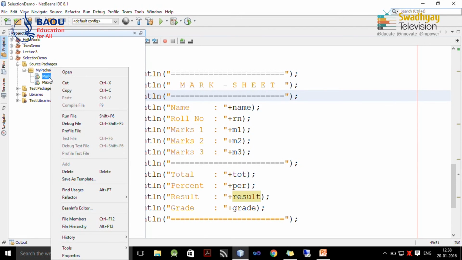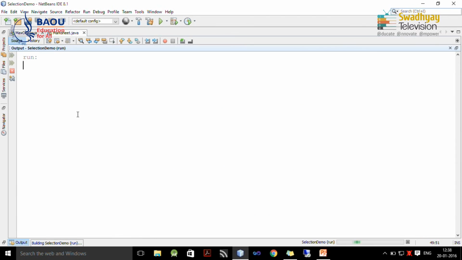So right click on marksheet.java file and then select run file. So here it is asking name, you can also write down full name there. Here is a roll number, then marks in subject 1 and here are the 3 marks.